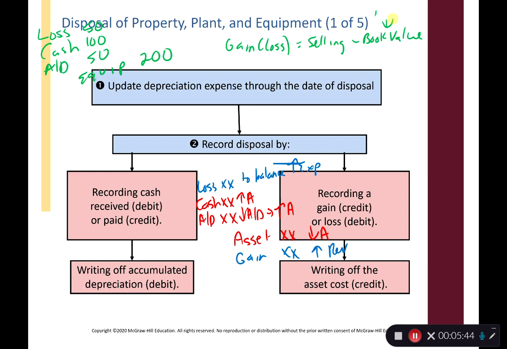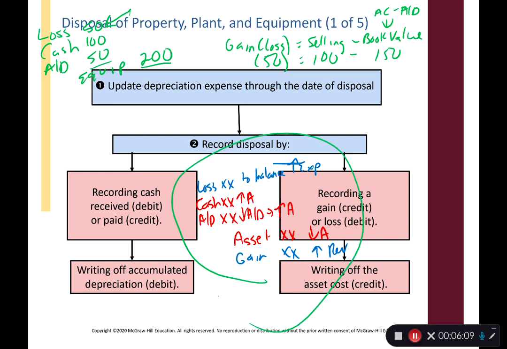Remember, the book value is the asset cost minus the accumulated depreciation. So in my little example, the equipment had a cost of 200, accumulated was 50. So the book value would have been 150. We sold it for 100, and lo and behold, there's that $50 loss that is automatically recorded when I did my journal entry. So if you remember this generic formula, that'll get you through any disposal transaction, and the formula